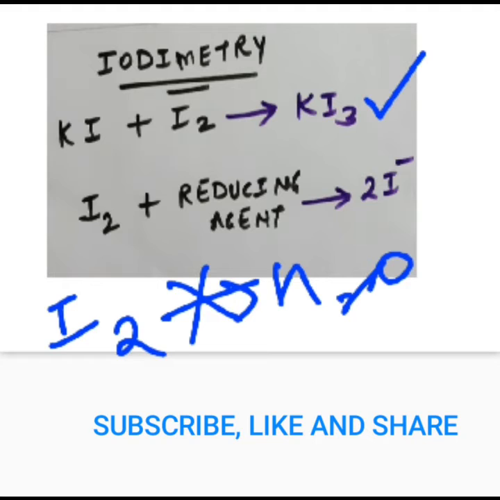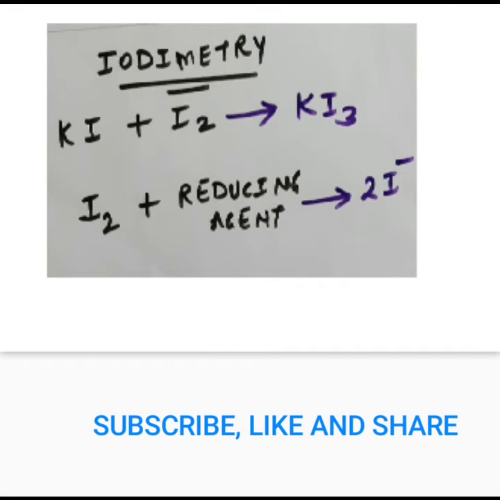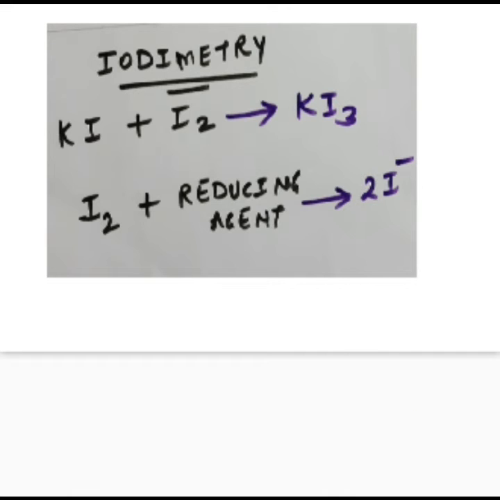It is represented in this way. That is, when I take iodine which is dissolved in KI, since KI helps iodine to get dissolved. So we take iodine in KI solution, resulting in formation of soluble potassium triiodide. Okay. So if you are aware of iodimetric titration and the concerned things up till now, then we can directly move on to the question related to it,